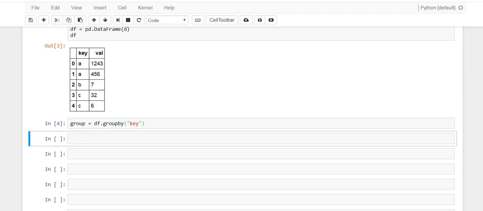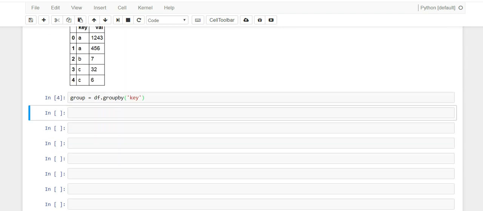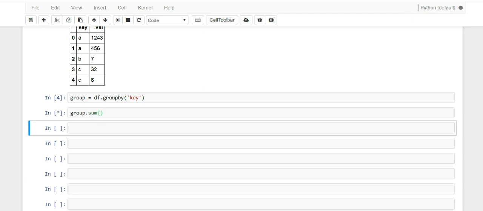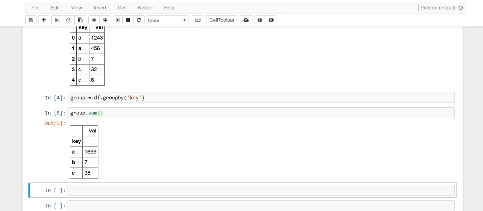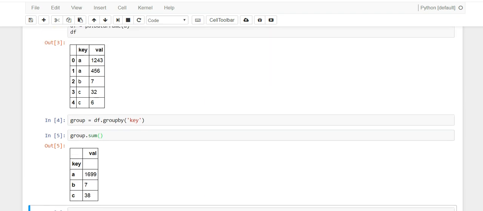Now once we have our group by object that we called group, let's get a sum. So group.sum, and you'll see it groups by the 3 letters A, B, C, and it just sums them,